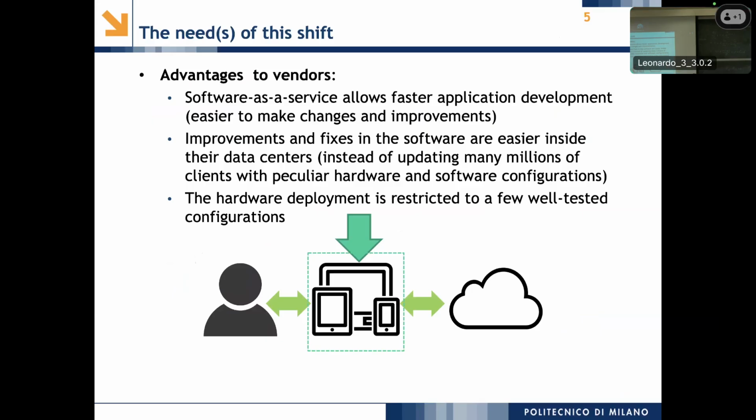So the key point here is you really have to deploy your application on a set of hardware that you decide and keep homogeneous, because in this way it's easier to maintain your system. So also the software vendor is happy because he can develop the application faster. He also can reduce the management activities related to software because you have a homogeneous environment of your choice.